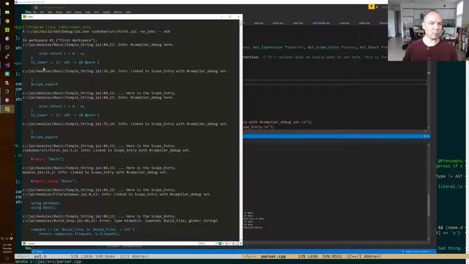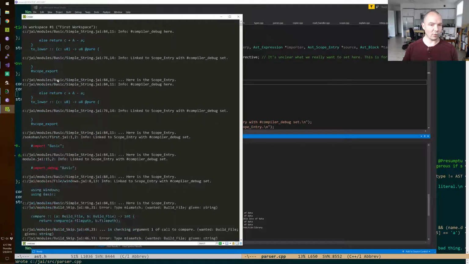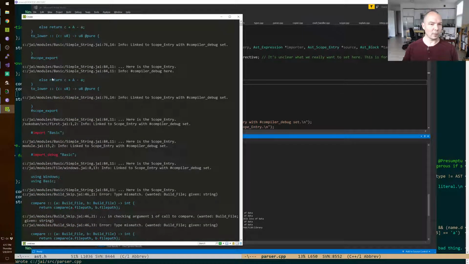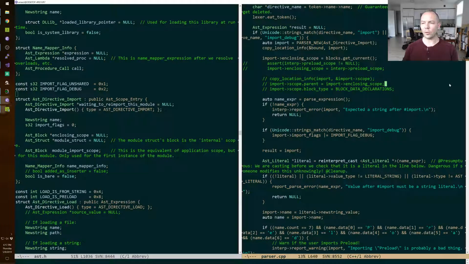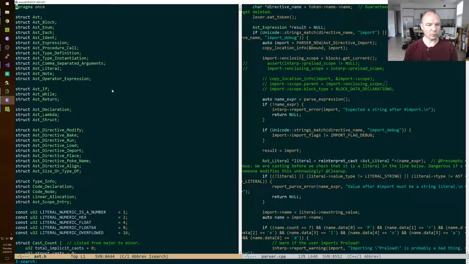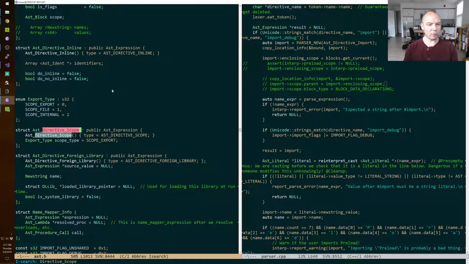It's getting exported to filescope because it's within a scope export. Let's clean that up. Is that a directive scope? Yeah. Okay. So when we print out these messages,